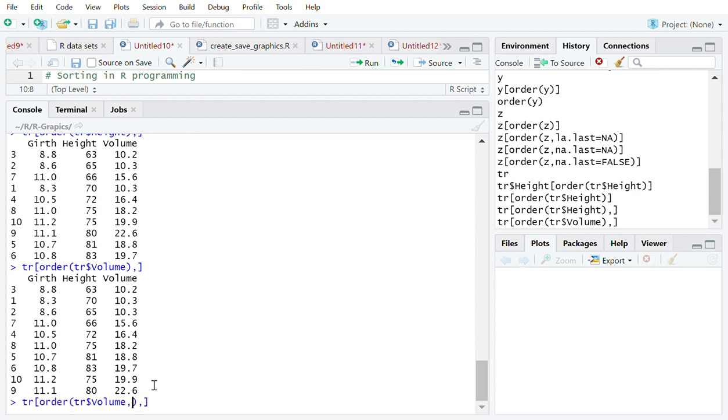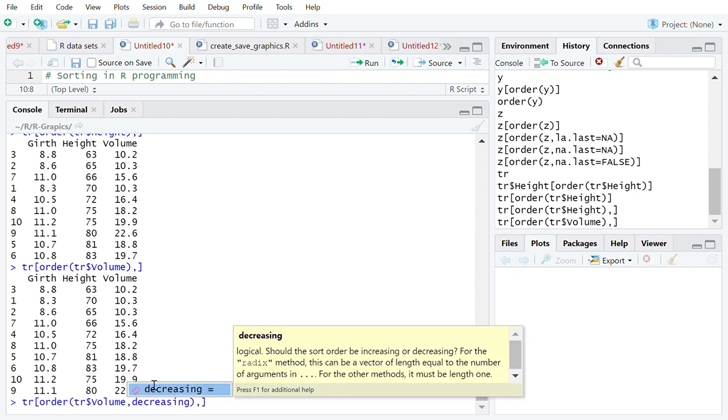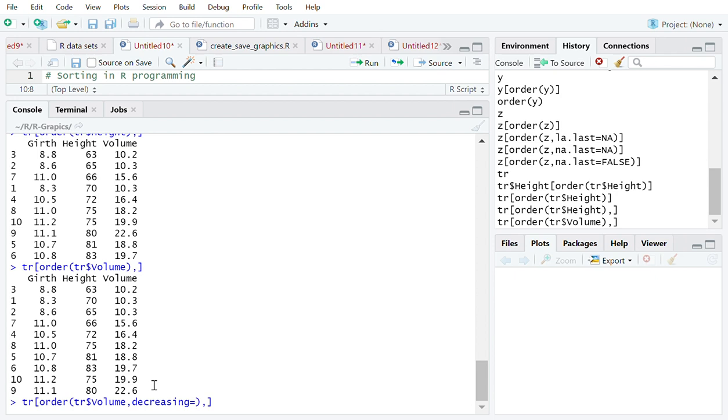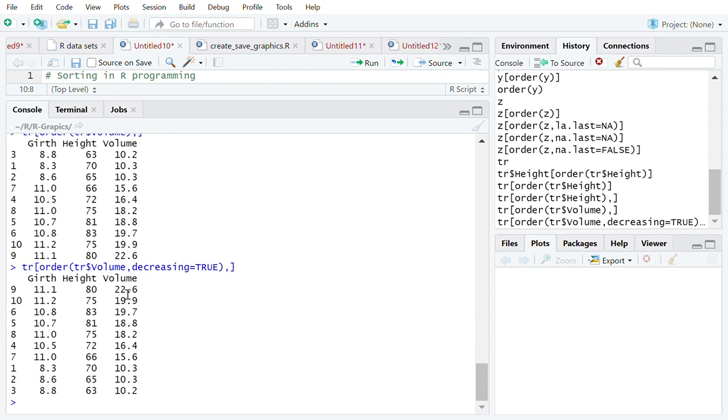Here I have to say decreasing equals true. Okay, that means this will give you the highest volume, the maximum volume. So this is the tree which has the maximum volume, and this one is the tree which has the second maximum volume. And similarly, if I save this whole thing like